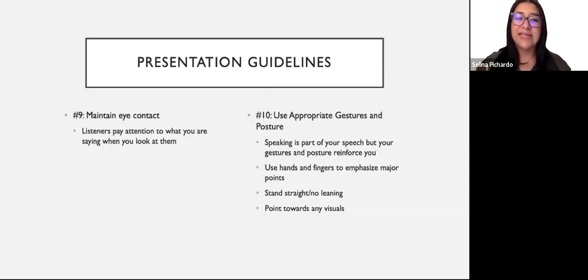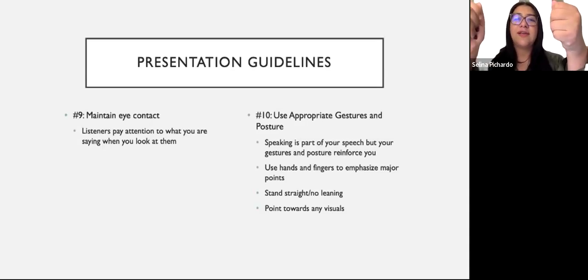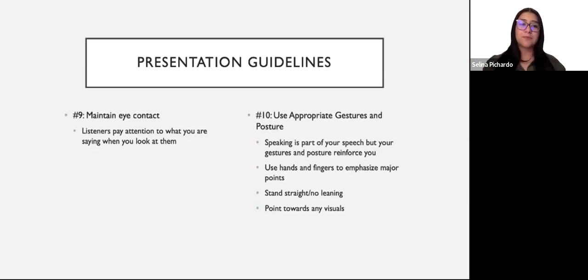And then lastly, maintain eye contact. That should be a given. I know that can be hard, that can be scary as well. But listeners pay attention to what you are saying more when you look at them. No one wants to hear a speech and no one wants to listen to somebody if they are just looking everywhere but at the person that's listening. Or if you bring a speech and you're just reading it from the paper and you're not looking at everyone. Try to make eye contact. Don't stare at someone directly.